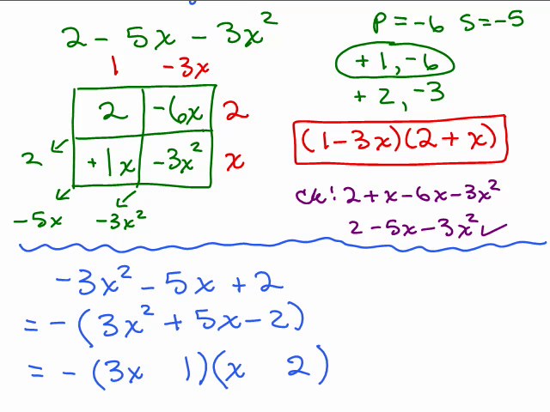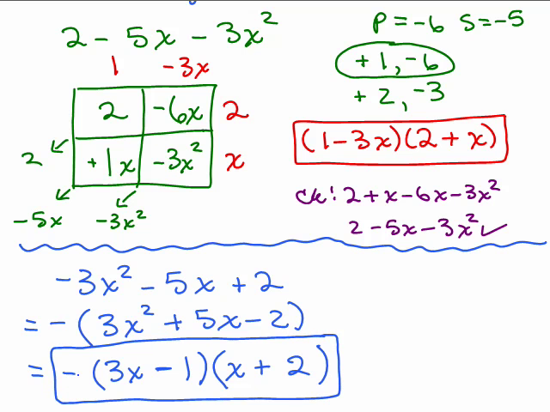See, I want to get a plus 5x, so I'm going to put the plus in front of where it's going to be plus 6x, and I have 3x minus 1 and x plus 2. Let's check that out. 3x times 2 is 6x minus 1x, yes, that does it. So I did this one by trial factors, and I got this answer,